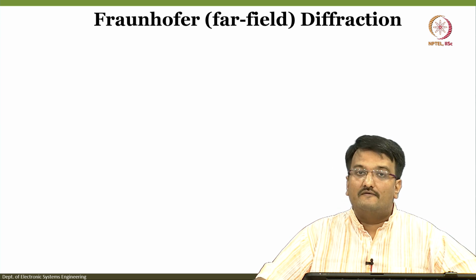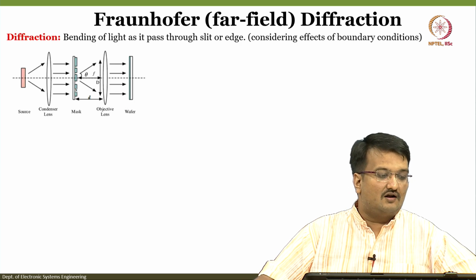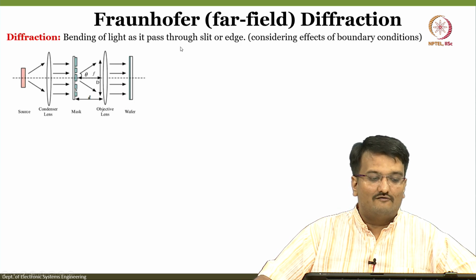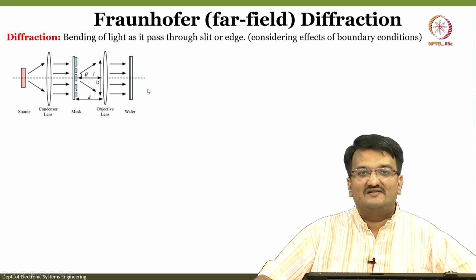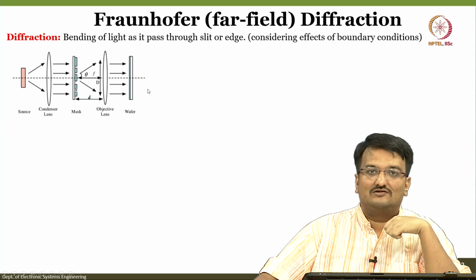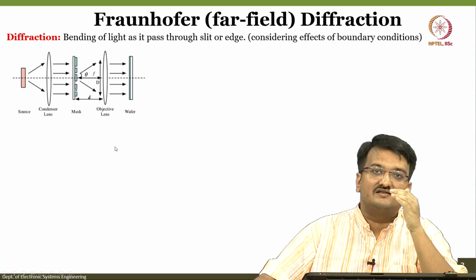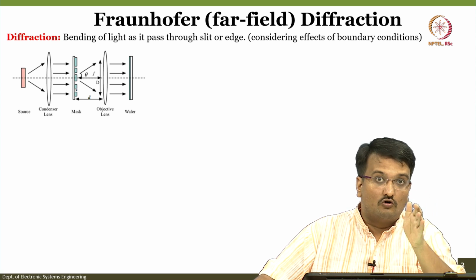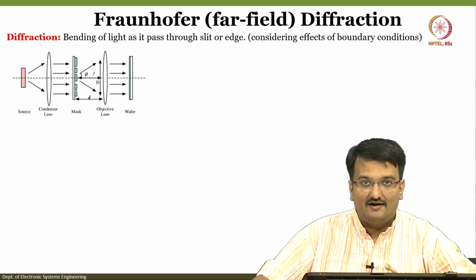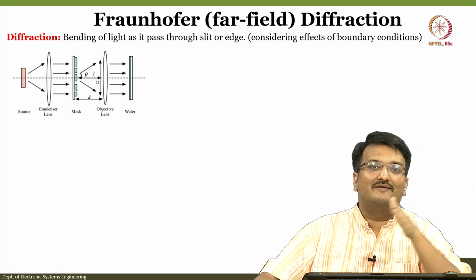Now, what type of diffraction will be applicable in this scenario and why, you should know. Okay. Let us see that. So, this is diffraction, as you already know, bending of light as it passes through slits or edges. Whenever there is enough gap, it will easily pass through, but when there is a slit, it means there is some change or some form of edge or slope in your mask. When there is an inconsistency or some shape in your mask, it will get diffracted,